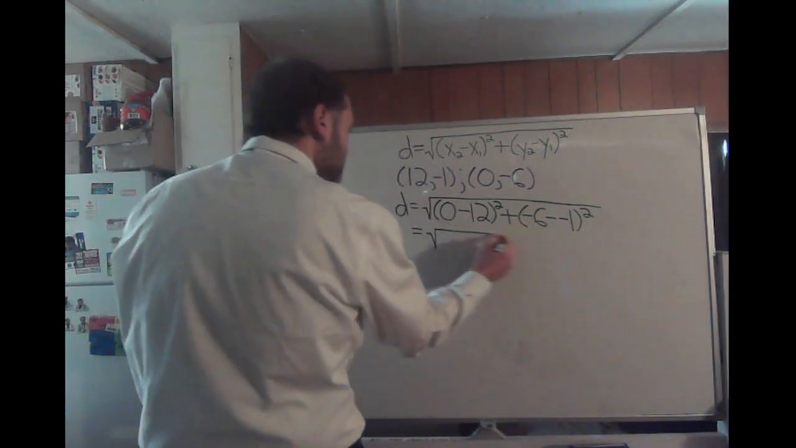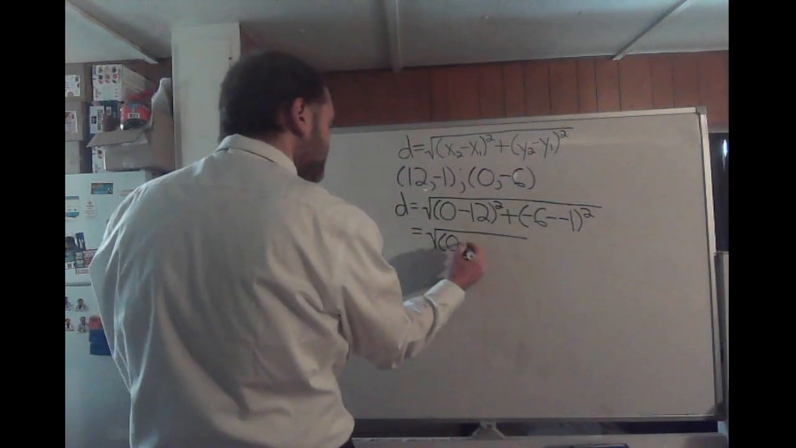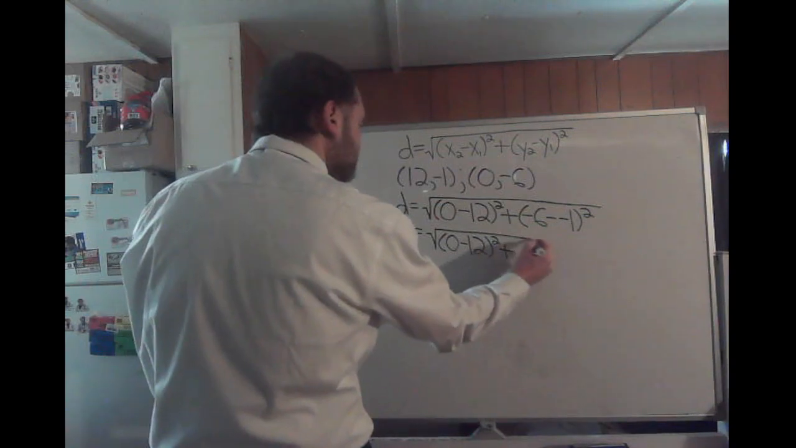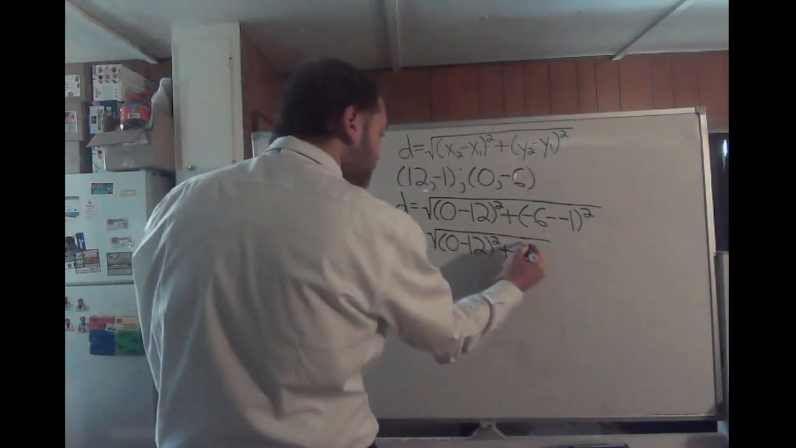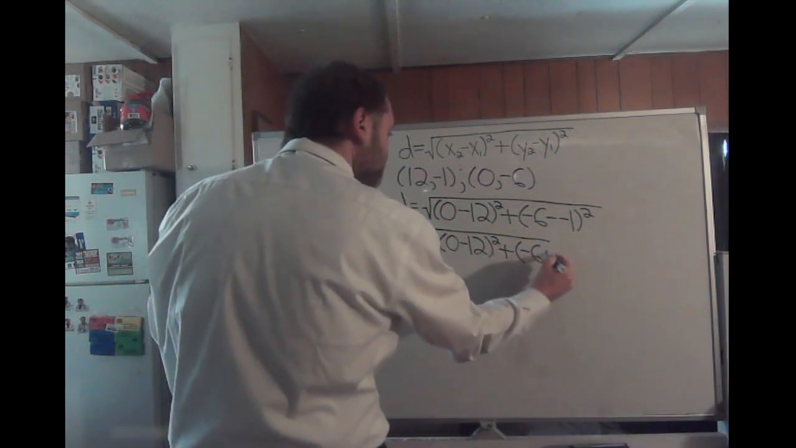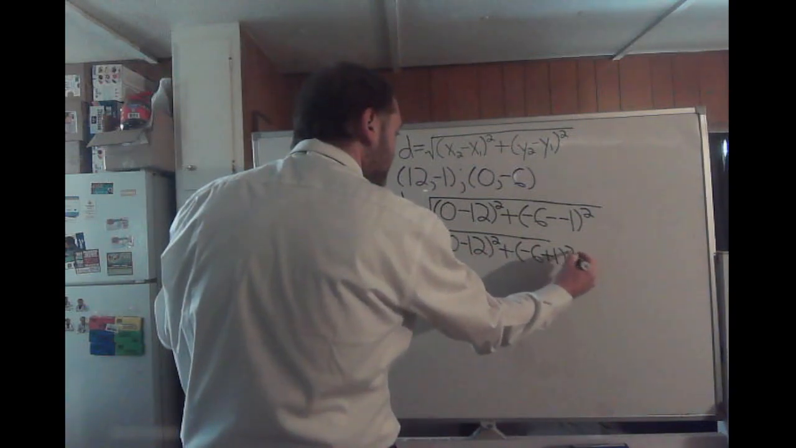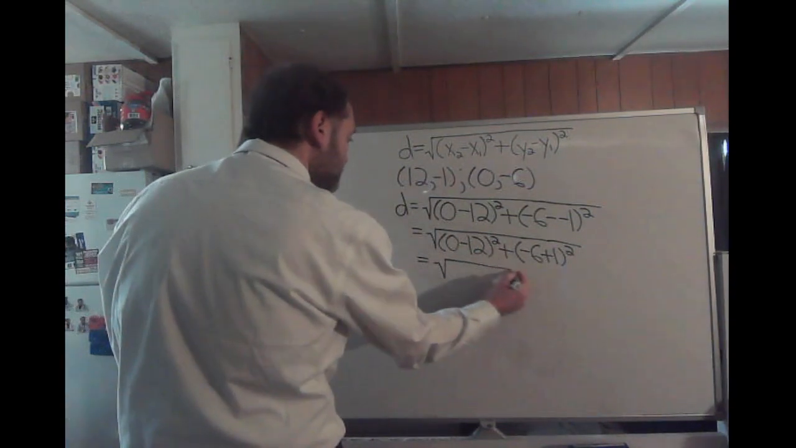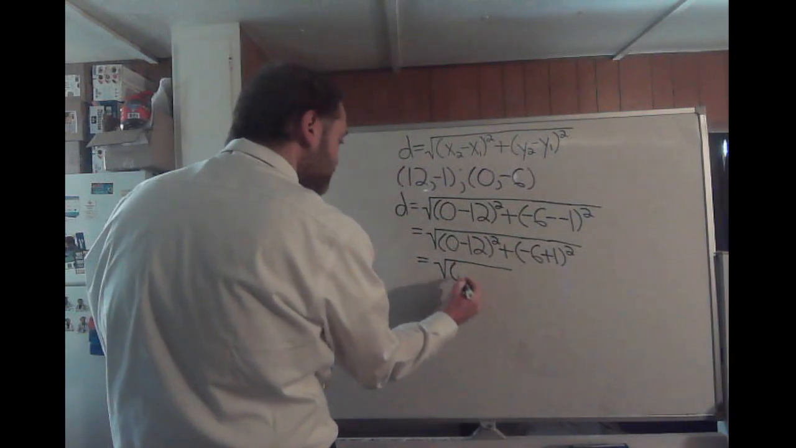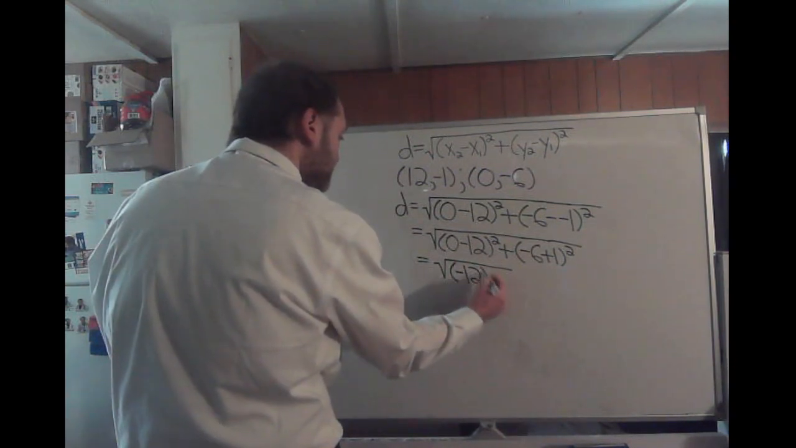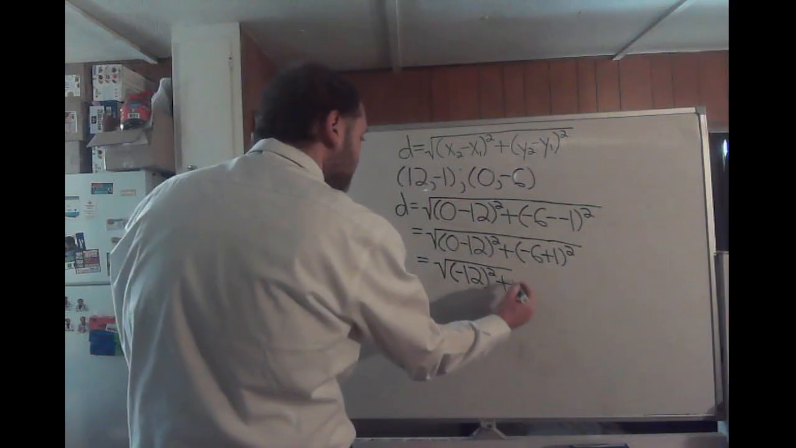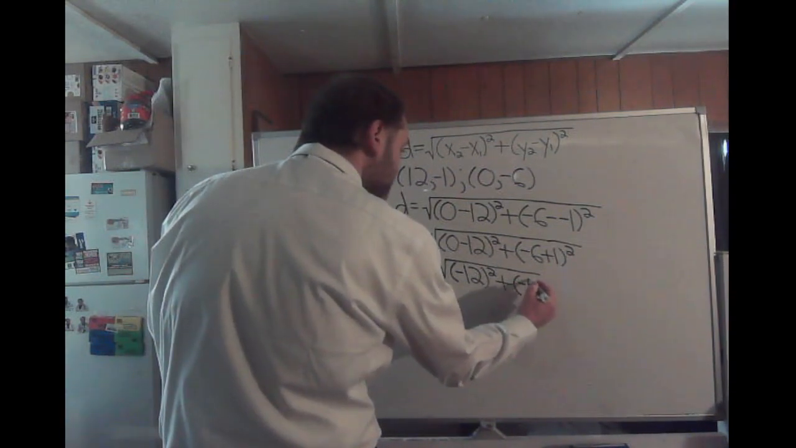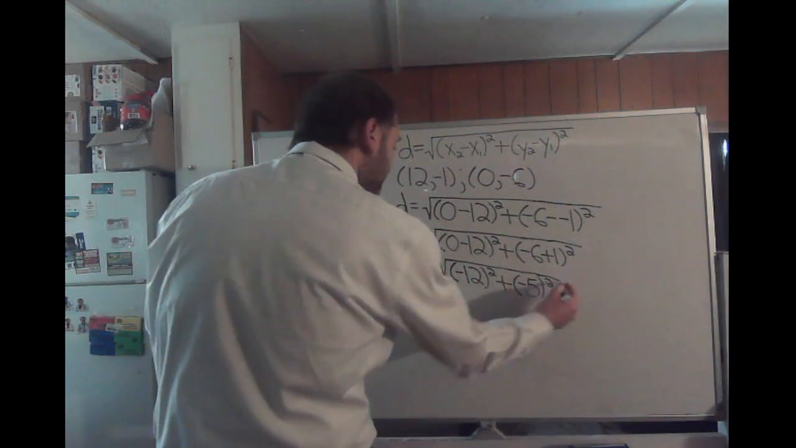So you'll still have 0 minus 12 to the second power, plus, now let's do negative 6 minus negative 1. That actually turns into negative 6 plus 1 raised to the second power, which we simplify further in the parentheses. You would end up getting 0 minus 12 is negative 12 to the second power, plus then you have negative 6 plus 1, that would become negative 5 to the second power,